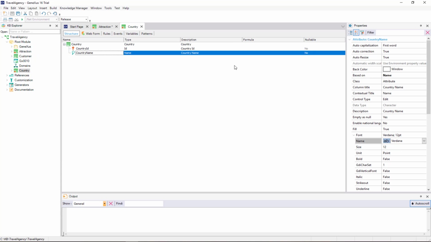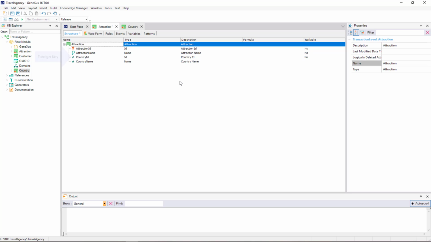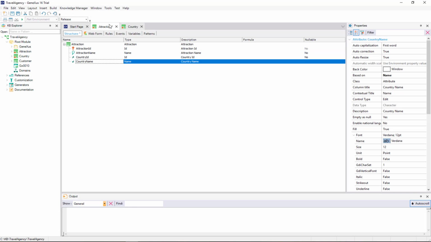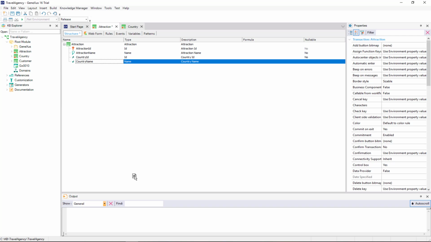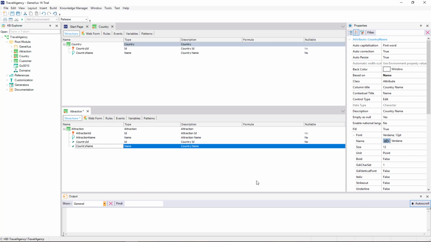And when a primary key is included in another transaction, it has the role of foreign key. Including an attribute that is a transaction primary key in another transaction allows us to relate both transactions. This means that, when executing the attraction transaction, for this attribute, we will have to enter a value that has been previously recorded through the country transaction.